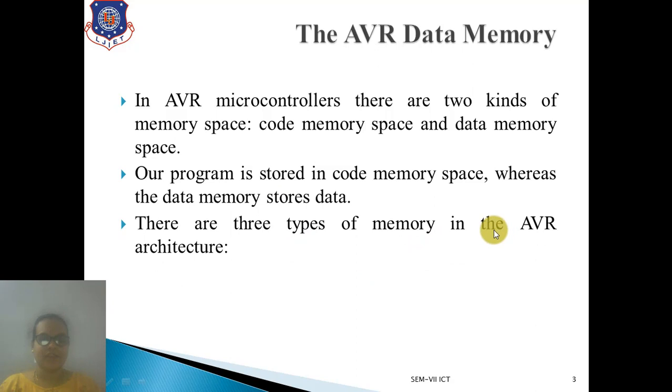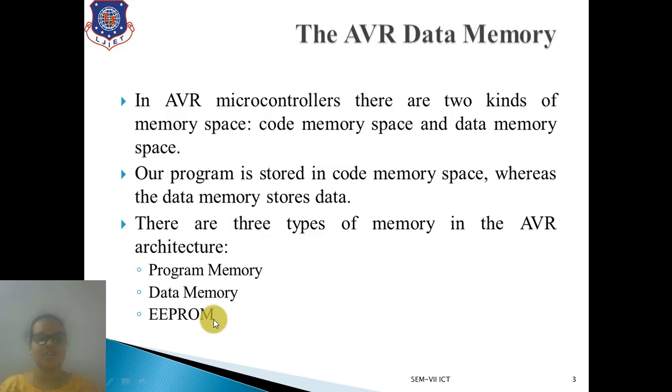There are three types of memory in the AVR architecture. They are first, the program memory for storing the program code, and second, the data memory, which is divided into two: RAM for storing data, and EEPROM for storing data. Right, so these last two are for the data memory to store the data. If the data does not change frequently, then we can store it in EEPROM, and if it is changing frequently, then it is called data memory, right? And the program code will be stored in program memory.